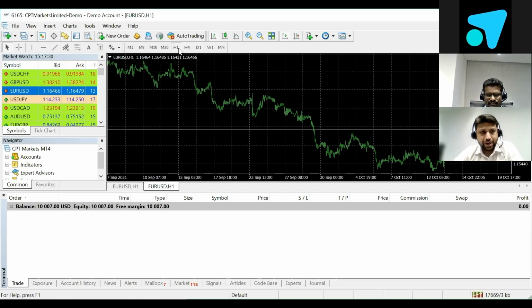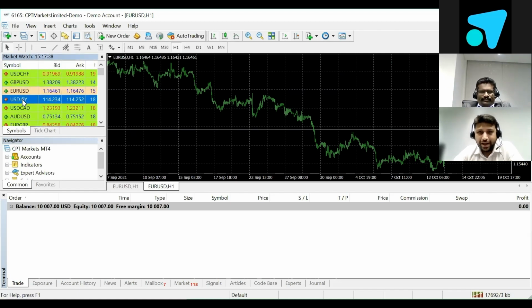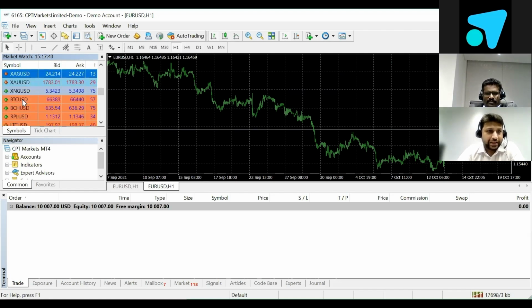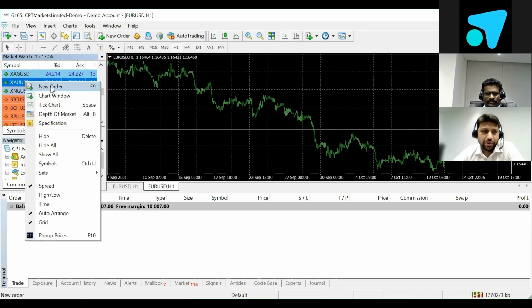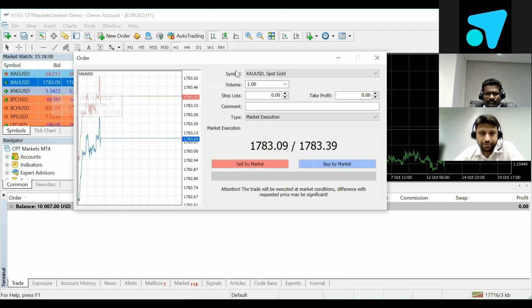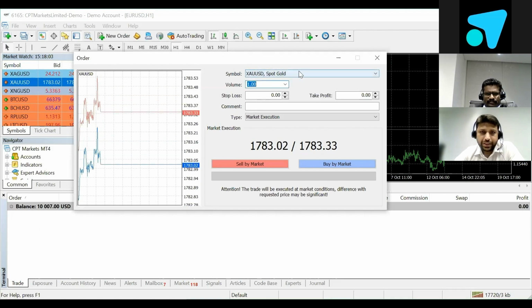So I'll take you straight away to how the trading happens right now. As most of you are interested in gold, I'll take an example of gold. It will be very relevant and you will enjoy. The symbol of gold is XAU USD. It's a technical symbol, and in general terms we can say it as gold. Just right click. Okay, the first one, new order, just click onto it. A screen will open, and here you can see the name of the symbol, spot gold, technical name XAU USD.